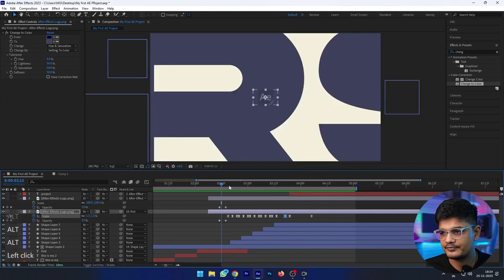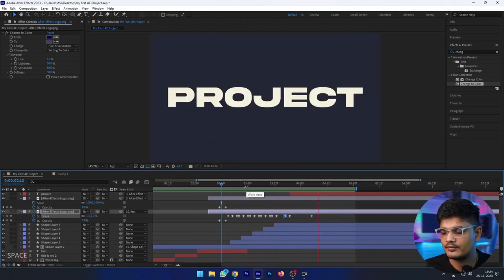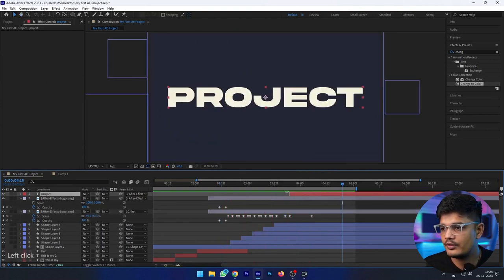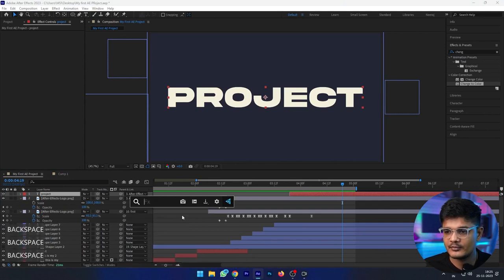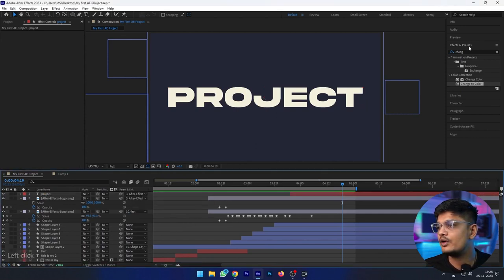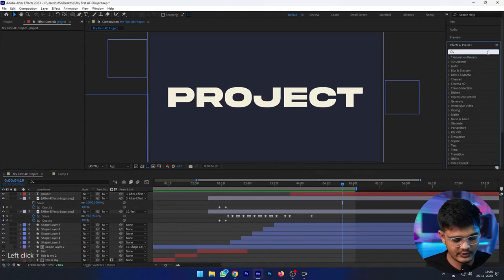Okay, now here where this project is written, we can add glow to it. I'm using this plugin called FX Console, so I don't need to go into effects and presets every time and search for glow.